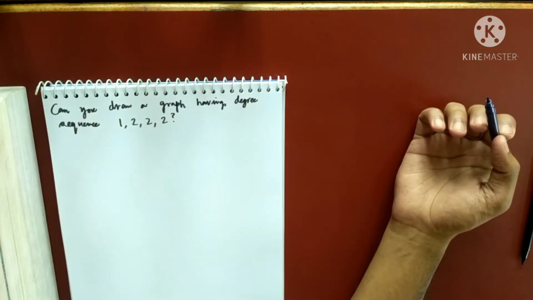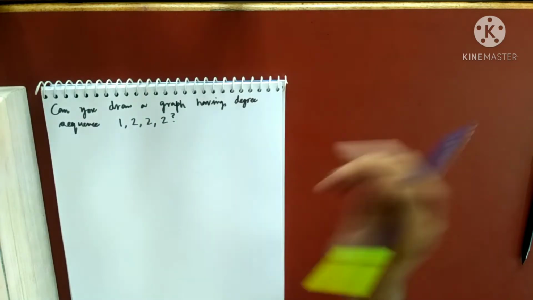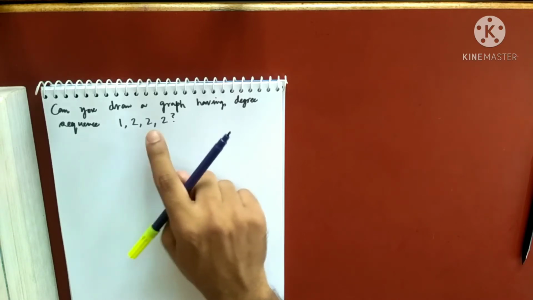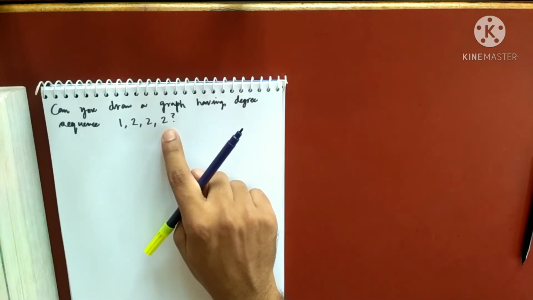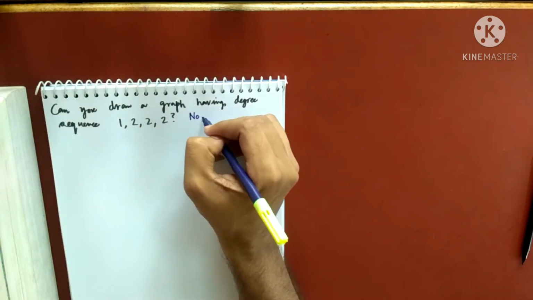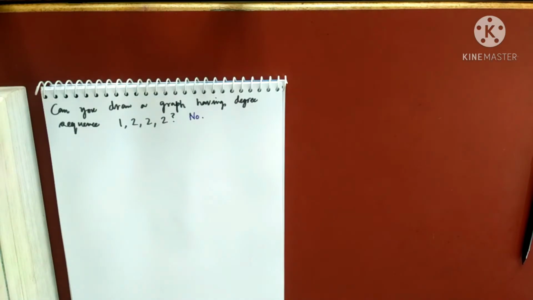Yes, you can answer it in actually two ways. One way is: the odd degree vertex is 1 here, right? The odd degree vertex is 1 here. So we know that the number of odd degree vertices should be an even number. So you can answer using that. Also, if you sum up, this is coming 7, again that is not possible. So you can explain in both ways. I'll simply write no and leave it up to you to write in detail.